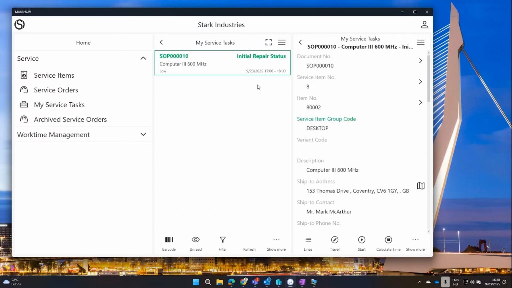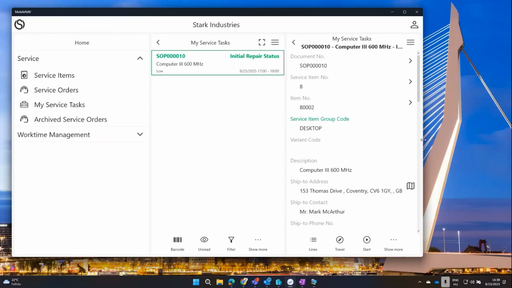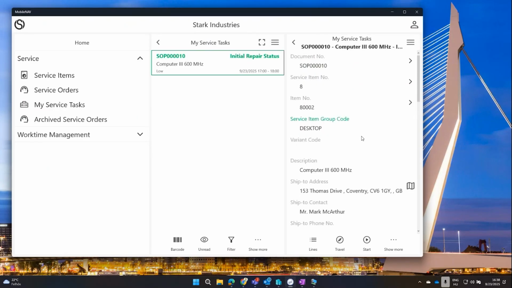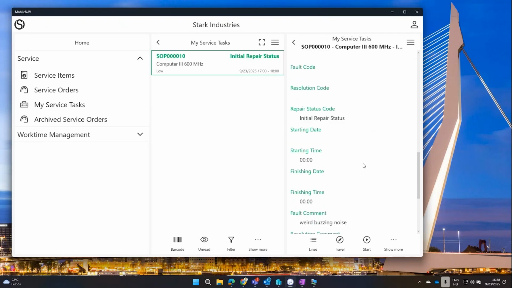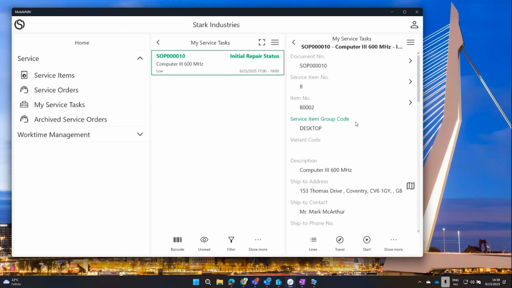If I would use a commercial phone, then most probably I would see only one column. If it's a tablet, it's multiple columns. It's a great thing because it's responsive and it fits your screen regardless of the device. So here I see all the necessary information that I need to pay attention to during the service case, starting with